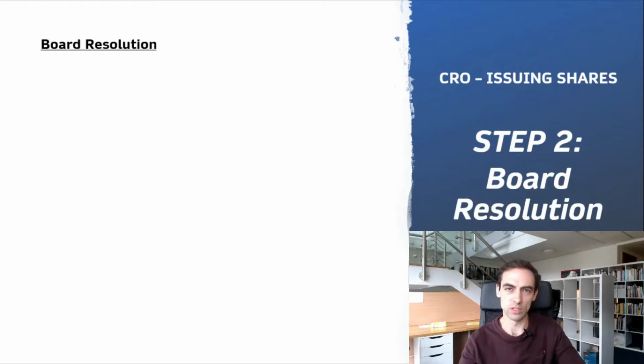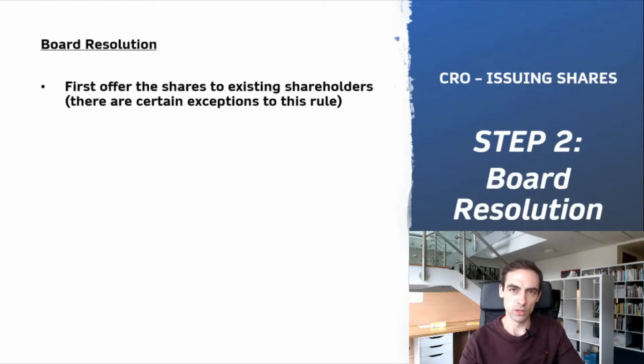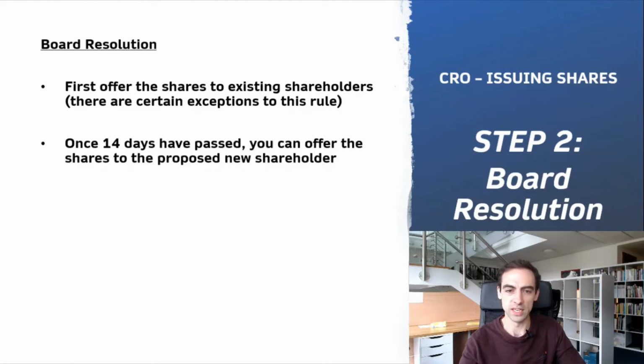Step 2, board resolution. You must first offer the shares to existing shareholders, and there are certain exceptions to this rule, but by and large, if you have current shareholders, you need to offer them the shares first, and then you can offer the shares to a new member or new shareholder in the company. Once 14 days have passed, you can offer the shares to the proposed new shareholder. So you have to give the existing shareholders 14 days notice, essentially, to see if they're interested in investing more